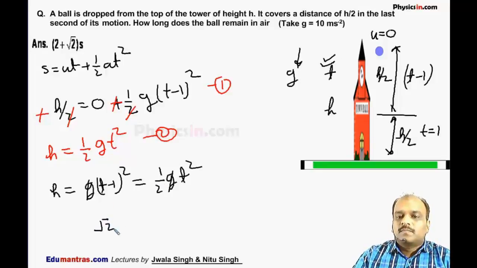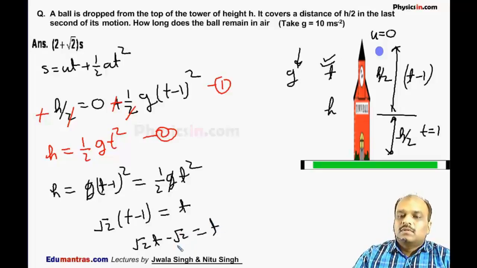2 (t minus 1) is equal to t. So it is root 2 t minus root 2 is equal to t. It may be positive or negative, but t can never be negative, so I have substituted because I have taken the root. So this is equal to t is equal to